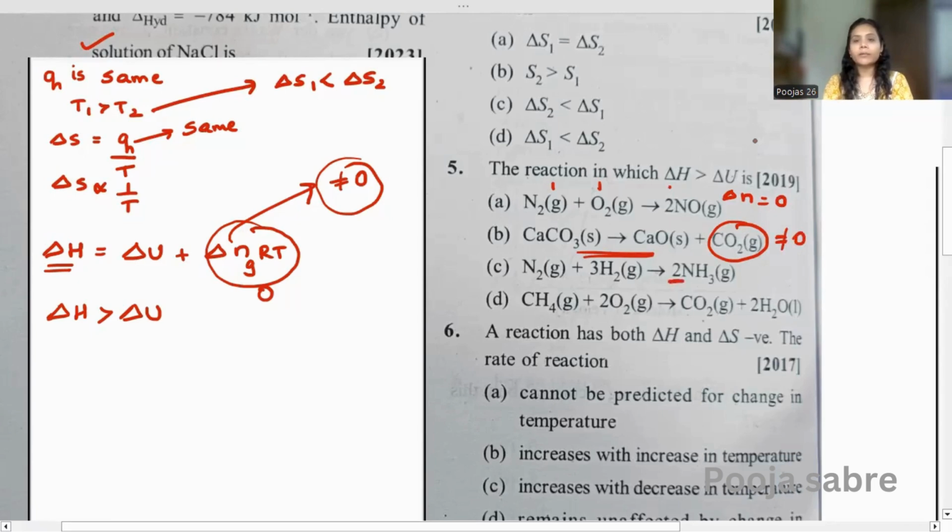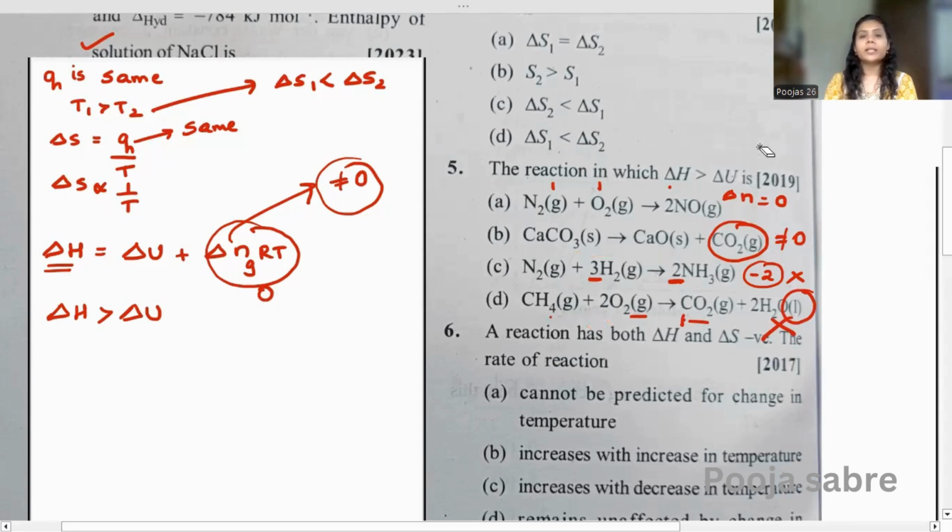Next one, over here we have 2, over here 3 plus 1, 4. So 2 minus 4 is minus 2, which is totally not the correct option, because over here the delta n value is lesser than 0. What we are finding out is that delta n should be greater than 0. And then the last one: over here gas, so 1 plus 2, it is 3. Over here it is 1. We are not going to count this because it is in liquid phase. So 1 minus 3, again it will be negative.